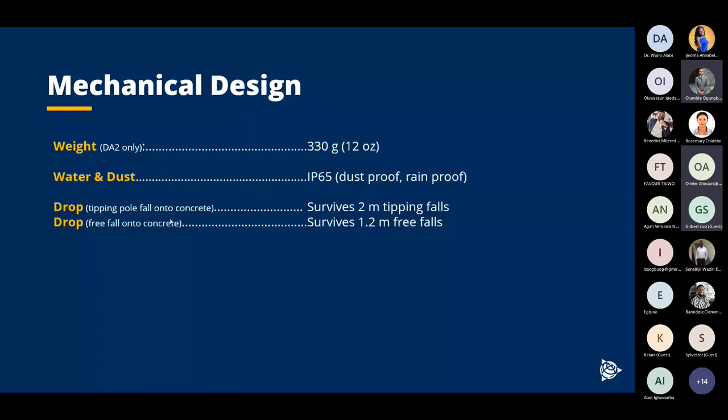Mechanical design, as you can see there, it's very light in weight. You can carry it in your laptop bag as you move along. It's water and dust proof, IP65. It's also ruggedized with military grade performance, by way of dropping maybe on concrete up to 2 meters. It will still survive. Even from a tree, a 1.2 meter free fall, it will still survive the shock. So it's a strong antenna